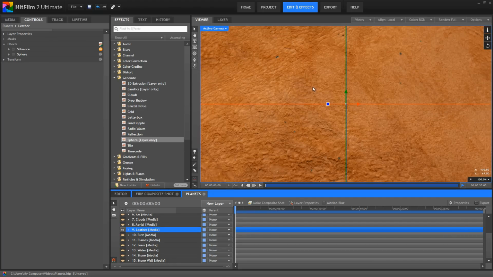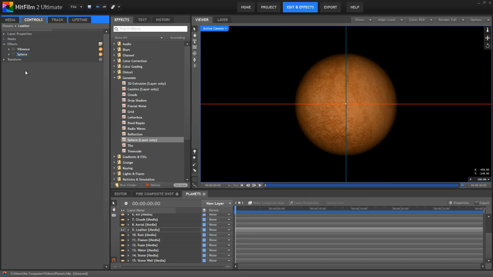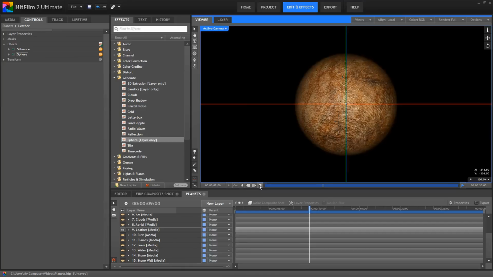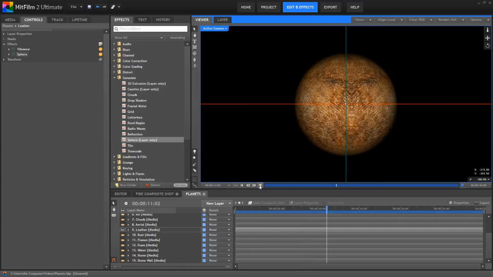This image is just a piece of rough leather, and so there it is as a sphere. Already not bad, but I wanted to get a little bit more of that texture, a little bit more definition into it. So I used a vibrance effect, and that really brings out the texture and the contrast and a little bit more color in that layer as well. So I think both versions of this texture, both before and after the vibrance, work really well to make a